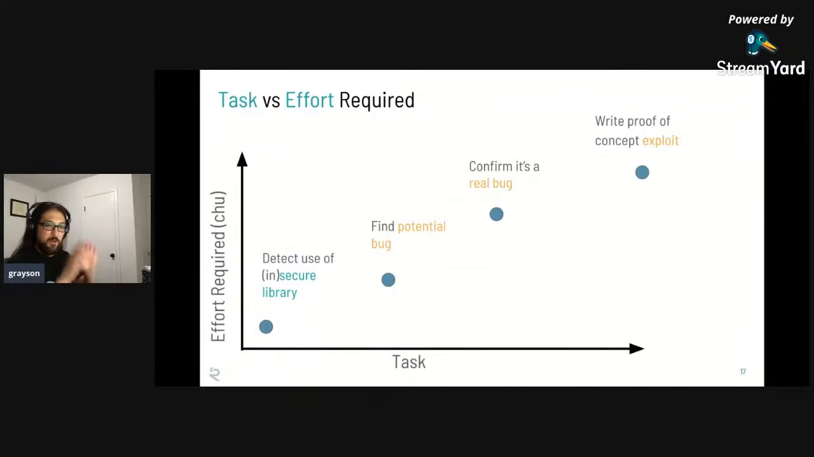So this is a very hand-wavy graph about the effort required versus the task at hand. On the left, on the bottom, is detecting the use or the non-use of an insecure or secure library. Harder than that is finding a potential bug. Harder than that is confirming it's a real bug. And harder than that is writing a proof of concept exploit. So you can see at the bottom, it's easy to detect functions. It's harder to prove that an exploit exists in the